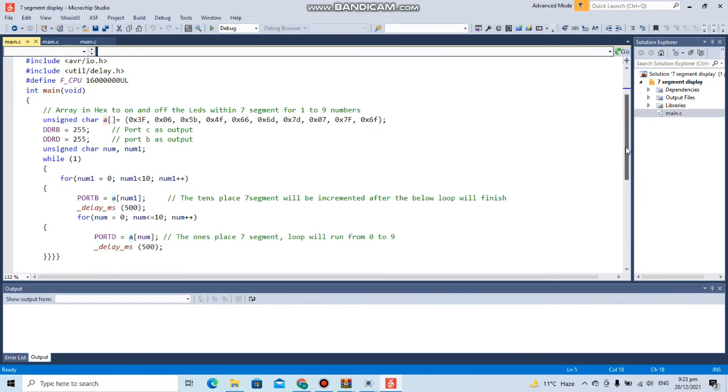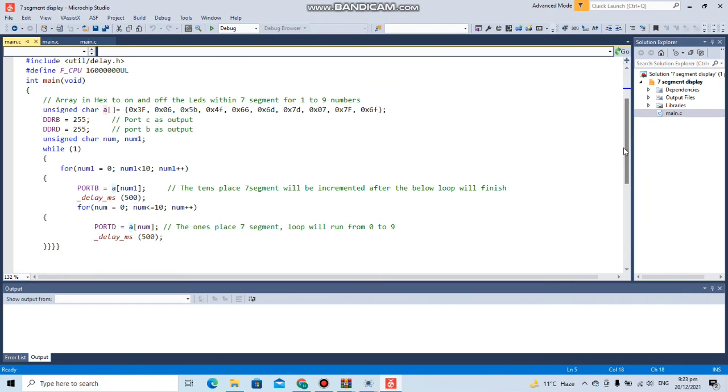Here is the code for the simple 7 segment display of numbers. So here we have created an array in which we have given the ASCII codes for the numbers 0 till 9, and created these two output ports B and D, and then we are just simply sending these ASCII codes to the output port, where we have connected a 7 segment display, and we are incrementing the index number of the array, so that